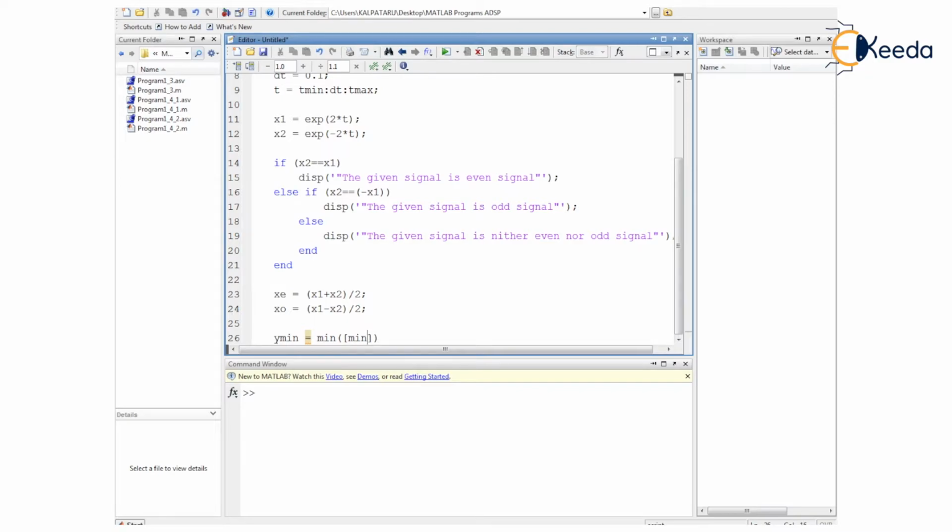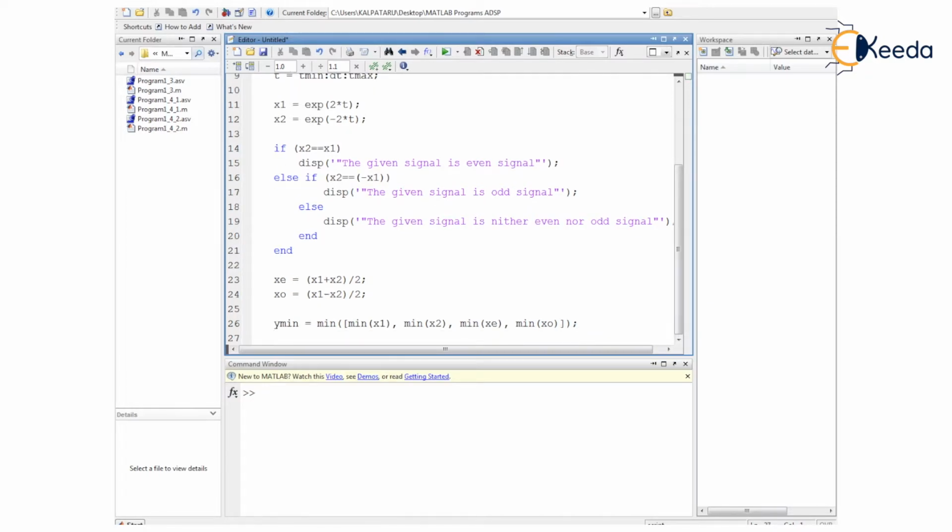Here we write the minimum of x1, then a comma, the minimum of x2, a comma, then the minimum of xe, which we just defined, and the minimum of xo. So this is the logic we are building for ymin.